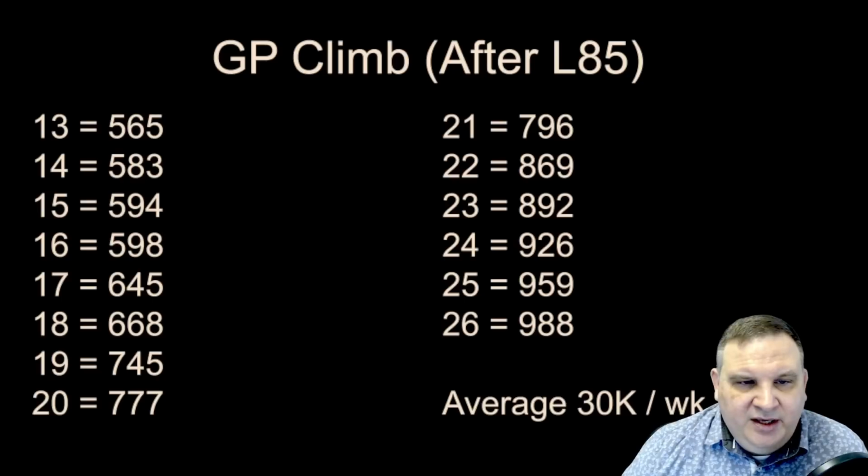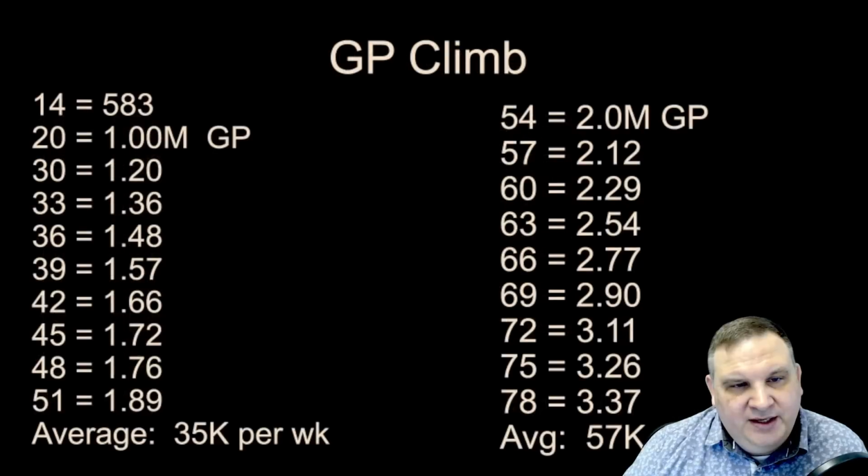Tracking the GP early on, going through the different weeks. So by week 26, I had 988. Wasn't even at a million galactic power. Was averaging about 30,000 per week. If you look at the summary of the weeks going through the first year and a half, we averaged 35,000 per week, and then in the second,